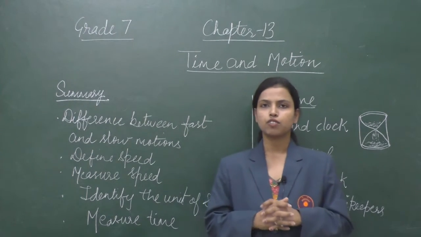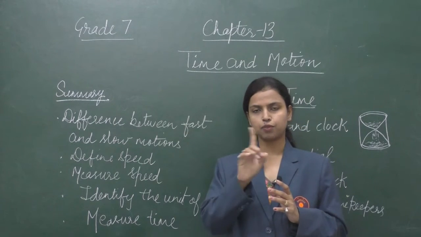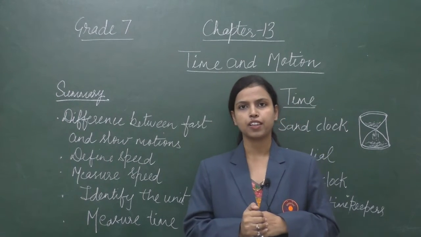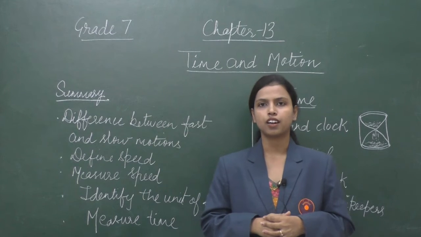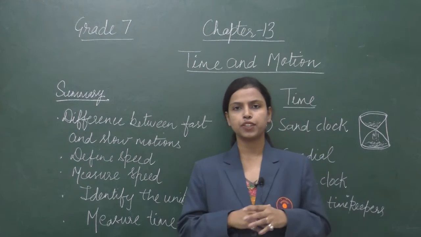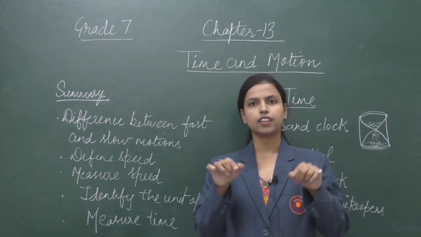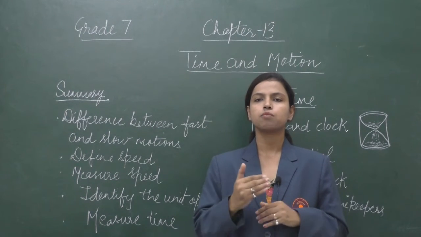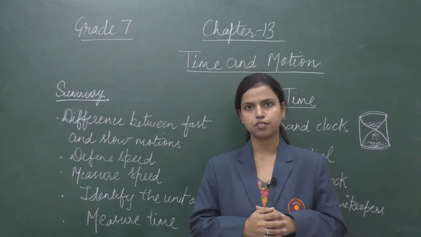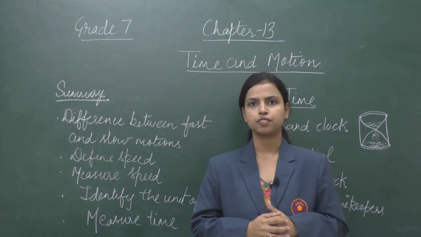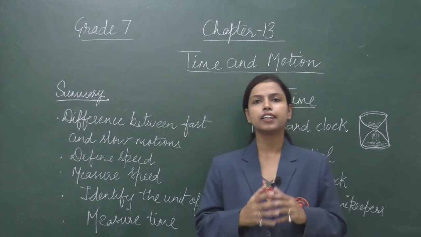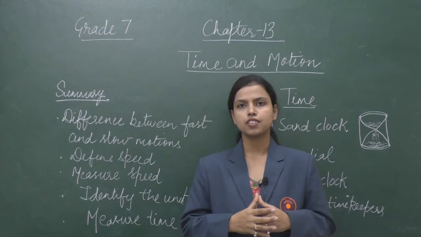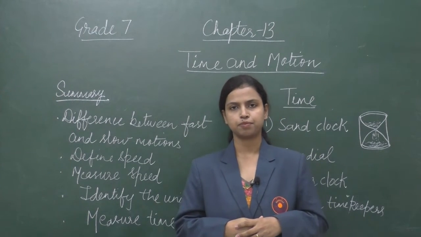In a car you must have observed that a needle moves when we are driving. So we have a speedometer in a car, and in that speedometer you must have observed one rectangular box. In that you can see numbers. When the car is in motion, these numbers change. This is called the odometer. So this odometer indicates the distance covered by a car.